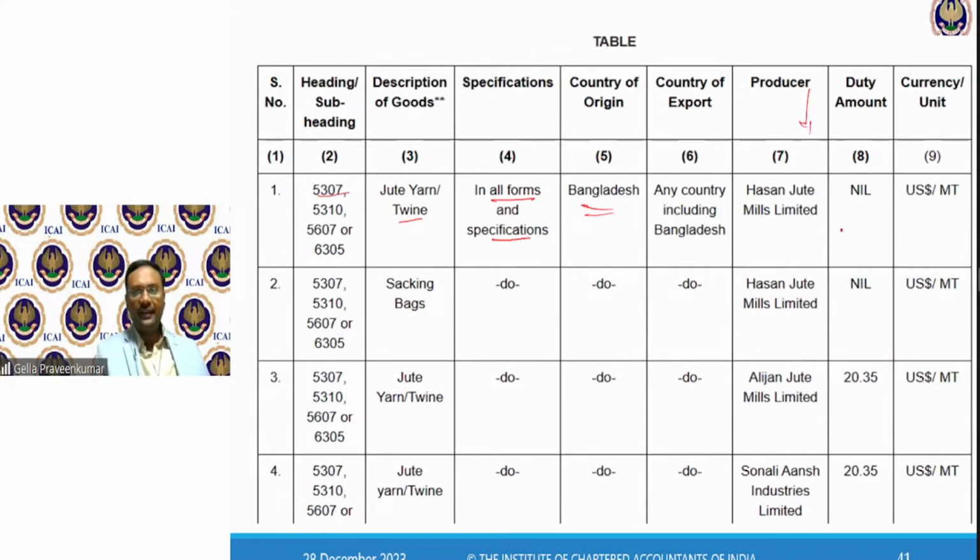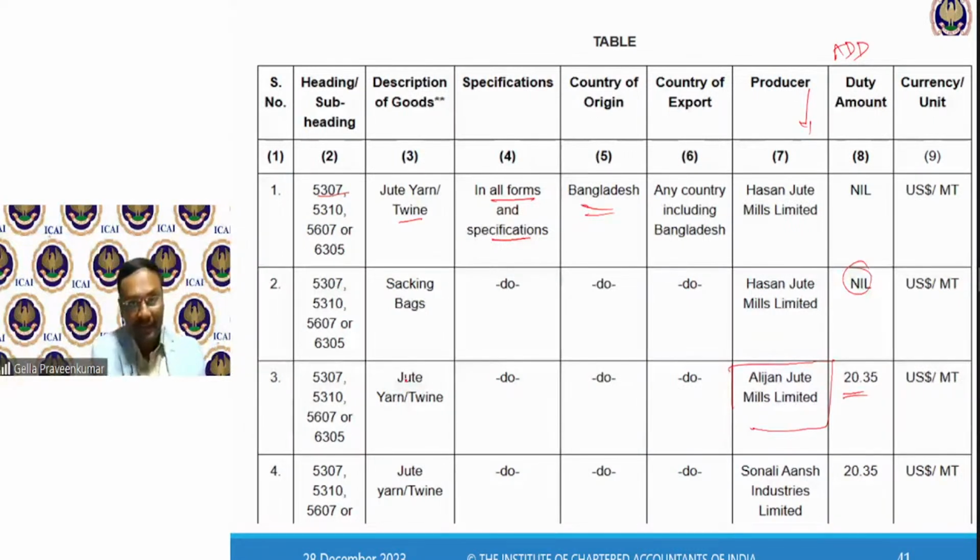So here, first case, second case, they have given nil. Probably there is a relaxation. Third case, if you see, there's a manufacturer called Alijan Jute Mills Limited. Per metric ton in US dollars, $20 they have recommended for anti-dumping duty.